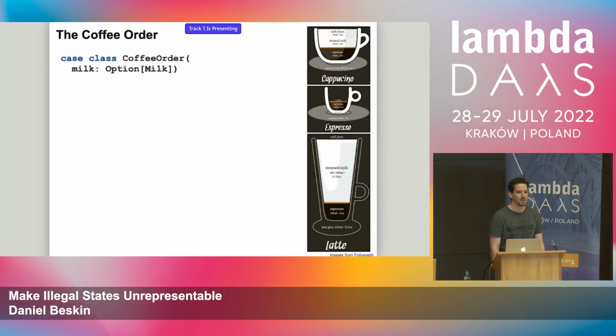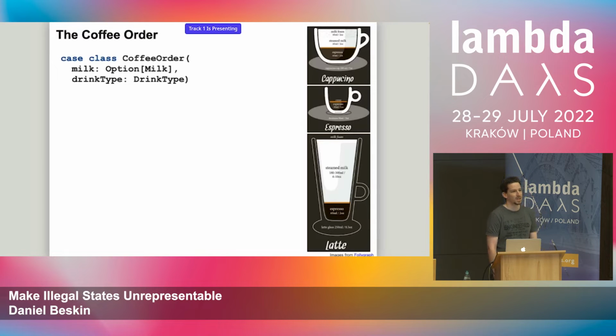And now let's add another one, latte. So latte is basically, apparently, again, by this diagram, just the same as cappuccino, but with more milk. And so we have a problem. We have an ambiguity. Both cappuccino and latte require milk. So we have to somehow tell them apart, which order are we talking about.